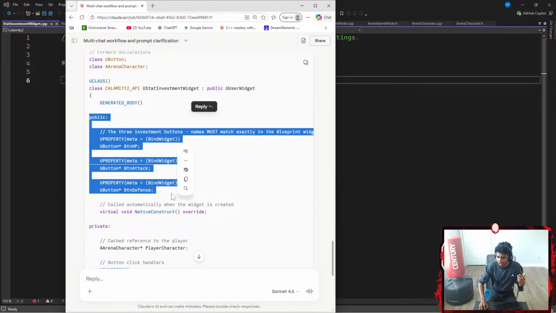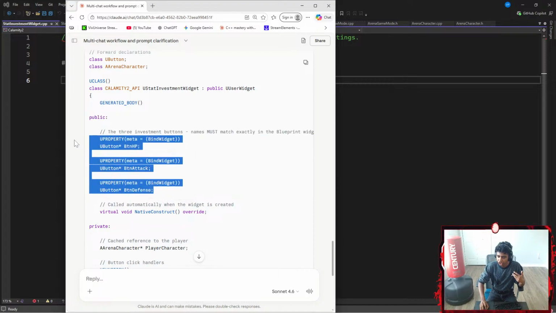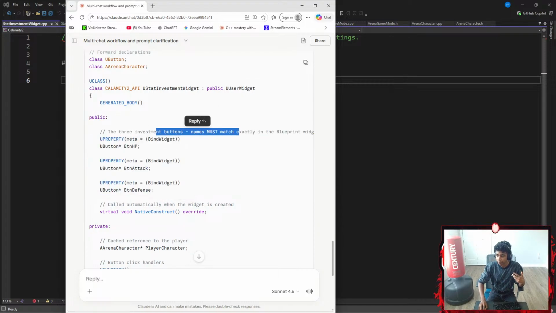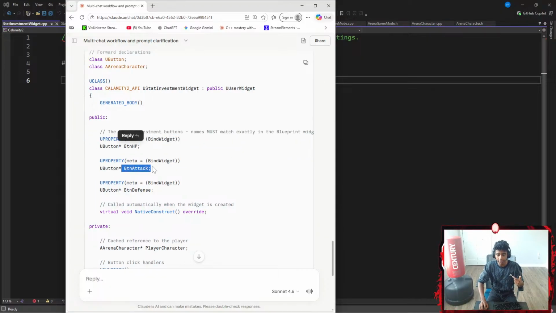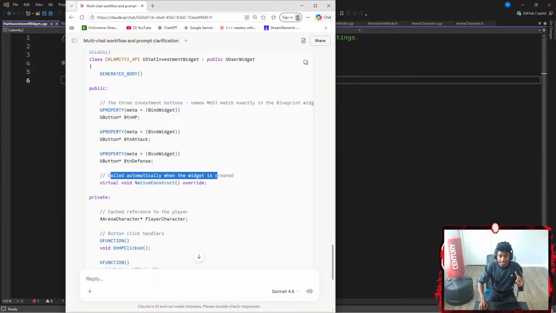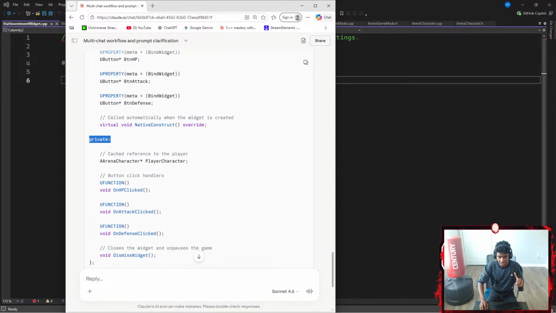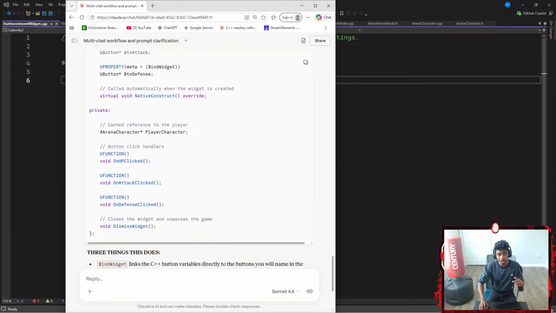We gotta add three UPROPERTYs, three investment buttons. Names must match exactly in the blueprints as widgets. So we need a BTN HP, a BTN attack. I'm assuming BTN basically means button name HP, button name attack, button name defense. Called automatically when the widget is created. A virtual void function called NativeConstruct, which is going to be overridden, and then I create a private section